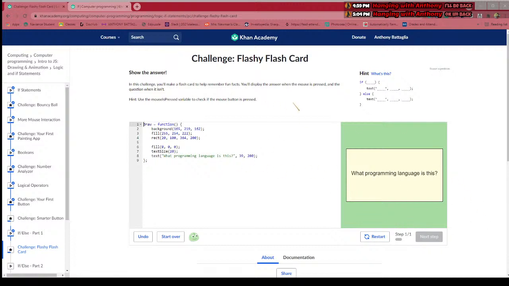So show the answer. In this challenge, you'll make the flashcard to remember fun facts. You'll display the number when the mouse is pressed, and the question when it isn't. Use the mouse's pressed variable to check if the mouse button is pressed. So, if, and then a text, and then else, and then another text. So that would be,